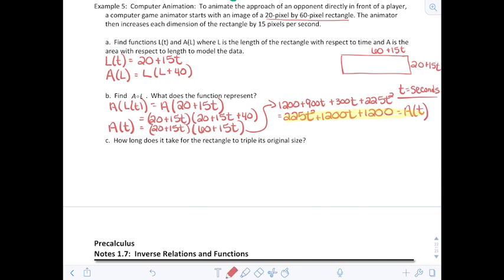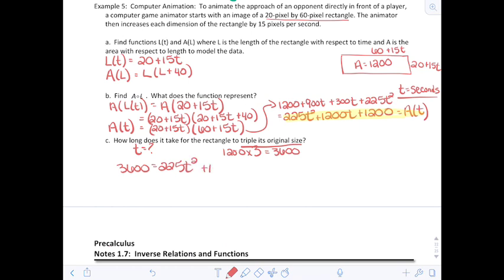Okay, and the last says, so they're looking for t. How long does it take for the rectangle to triple its original size? Well, triple means times 3. So the original size was a 20 by 60. So the original area was 1200. Okay, so if I want to triple that, 1200 times 3, I want to know how long it will take to get to 3600. So I'm going to set the area equal to 3600,